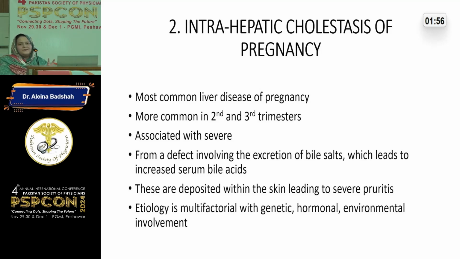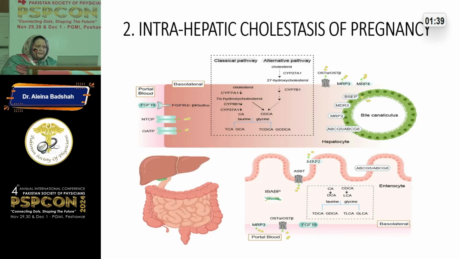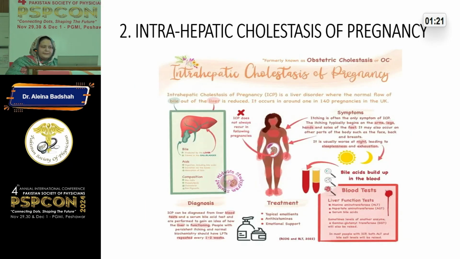So you do not take a patient seriously only because she has more pruritus. That means you have to send the bile acid and bile salt levels for these patients. Okay? At times, we are a little misled by the more symptomatic patient, but you also have to look at their laboratory values. So it shows over here that it is at this level that this process is not occurring properly, and as a result the bile salts are not being released properly. They keep on accumulating over here, are re-released into the circulation, and then they accumulate in the skin and lead to pruritus.